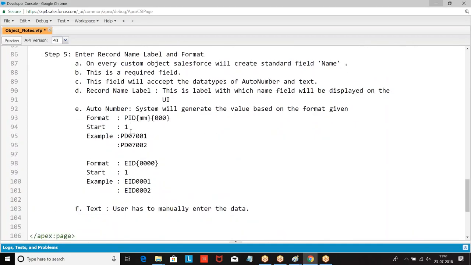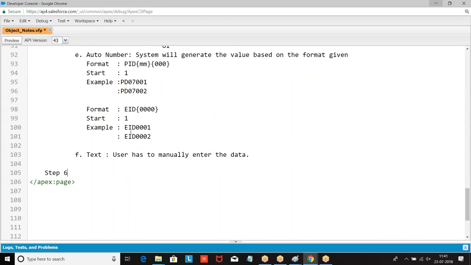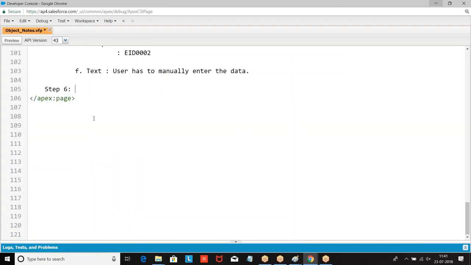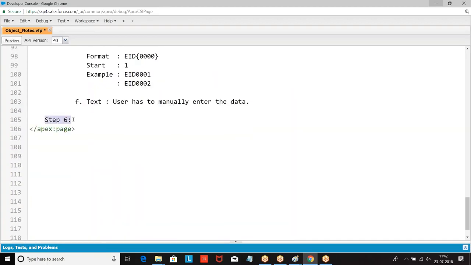Then let us go to the next one, step number 6. I hope step number 5 is clear. Anyone has any query on step number 5? Am I clear with this? Right. Yes. Once let me complete the 3, I'll be okay. Now step number 6. What is step number 6?